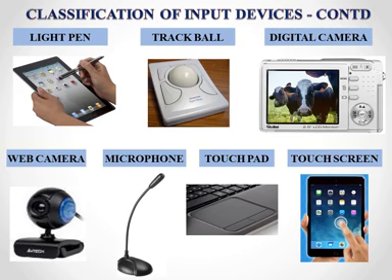Now with this digital camera, once you take the pictures, whatever pictures you have taken are inputted, meaning transferred, to the computer where they are stored inside, giving input to the computer and storing your backup there, and we can view it. So the digital camera also comes under input devices.